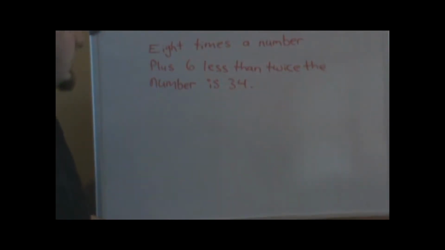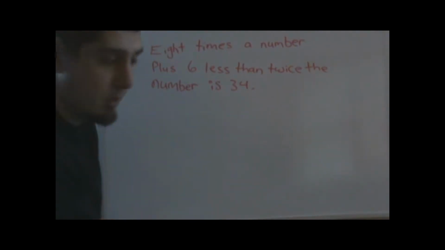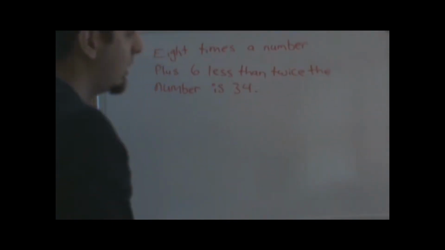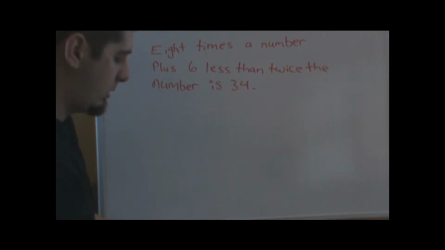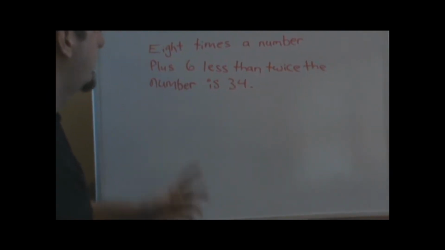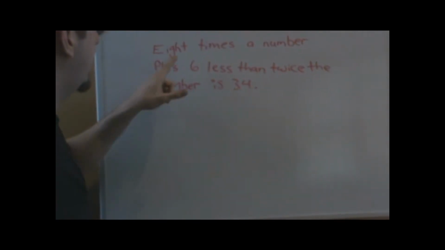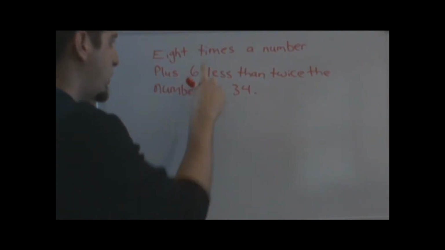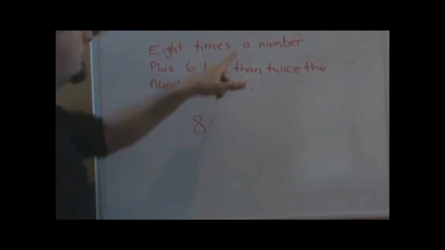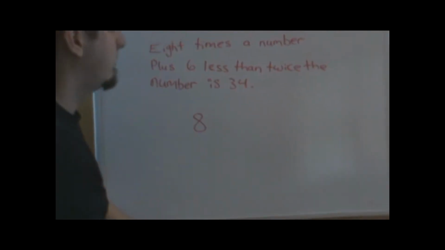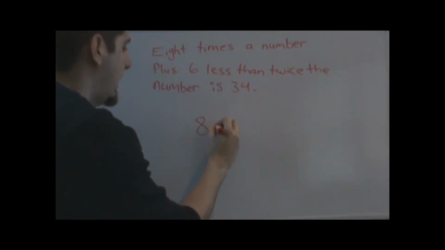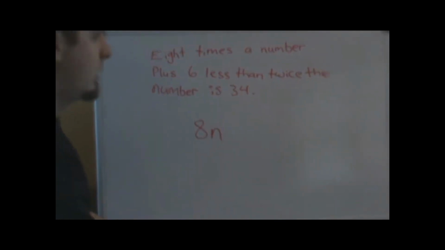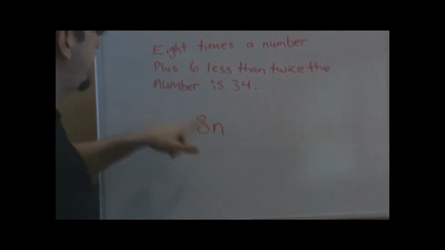If we take a look at the sentence on the board, it's actually quite lengthy. This is a pretty big equation. You really want to make sure you take it slow, piece by piece, and make sure you're understanding each piece. The first piece we want to look at is 8 times a number. We know 8 is being multiplied by a number. A number implies a variable, and times implies multiplication. So 8 times a number, 8n, plus